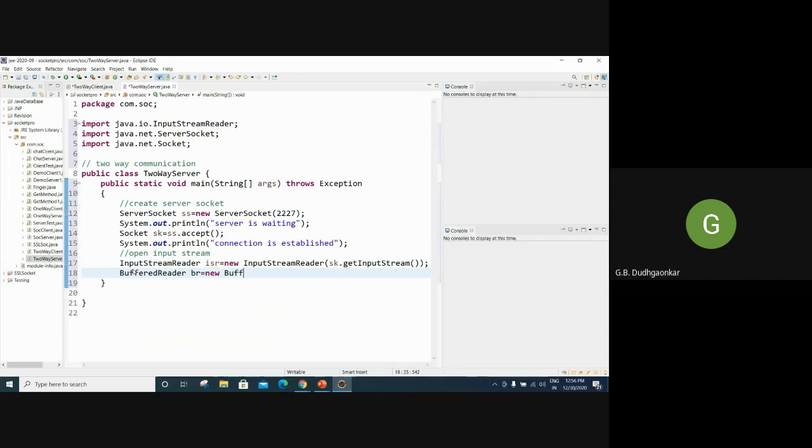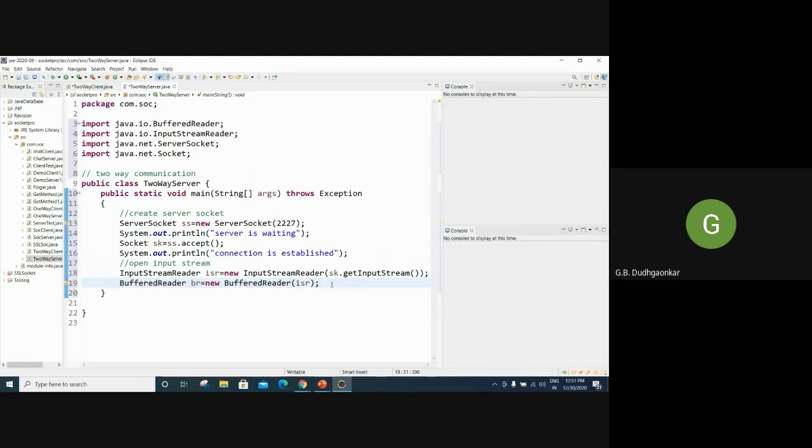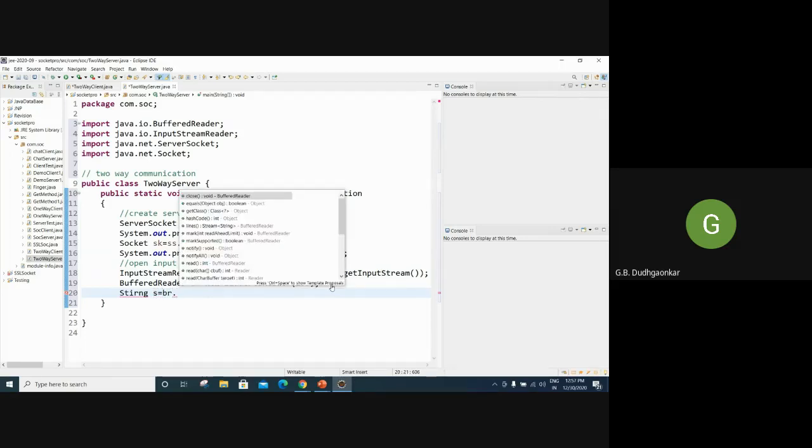So new BufferedReader, with the object which is coming from the client side. Again add the appropriate BufferedReader IO package. Then use one more string variable to store the message coming from the client.